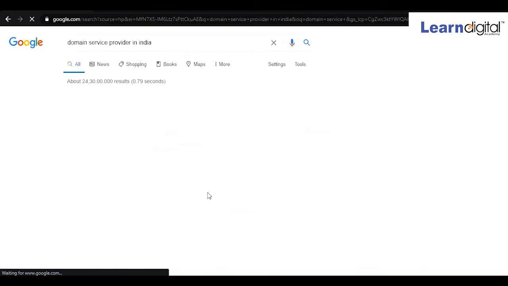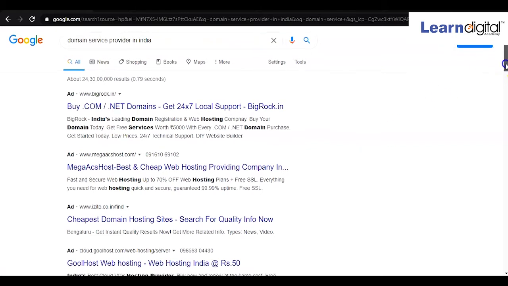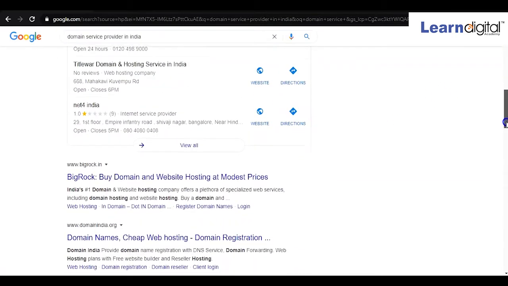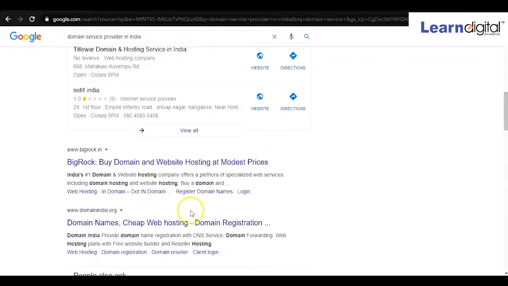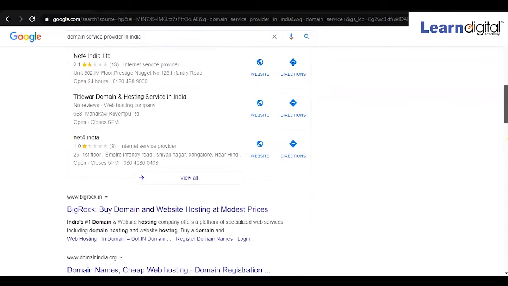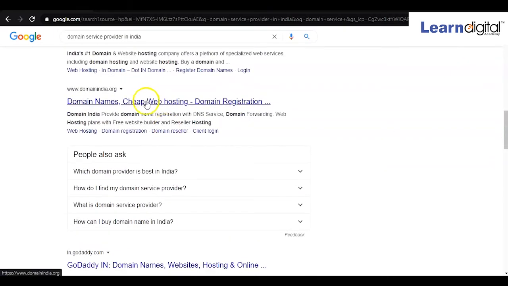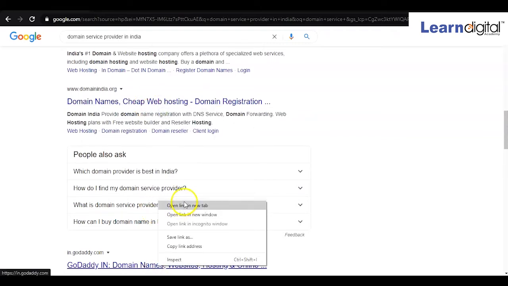Here we can see multiple site names coming with the .in extension. Somewhere these companies are doing promotion for themselves, and if you scroll down, we can see multiple companies over here. You can prefer any one of these, and in fact bigrock.in is a good site to purchase. You can click on this and check. The multiple options we can see over here.